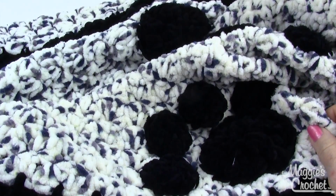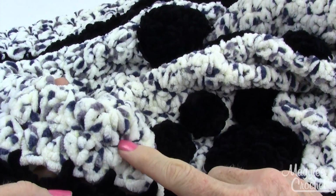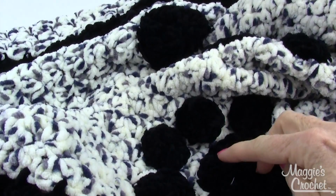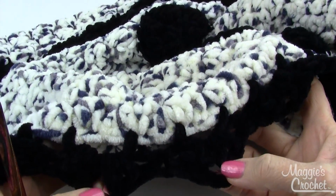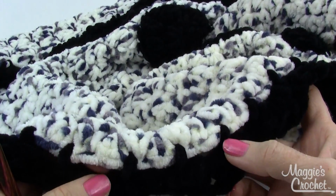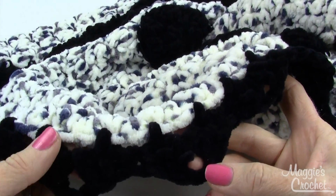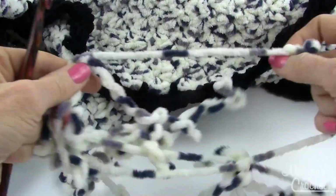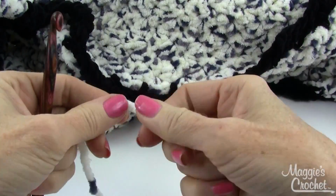So here's a close-up of the Puppy Prince throw, and the main part of this is a shell stitch, and then the paws are little circles that are appliqued on, and then the outside is 2 rounds for the edging, and there's a chain 3 single crochet loop around, and then there's little shells that are put into the chain 3 spaces. So to get started, I'm going to do just a sample of the shell stitch for the main